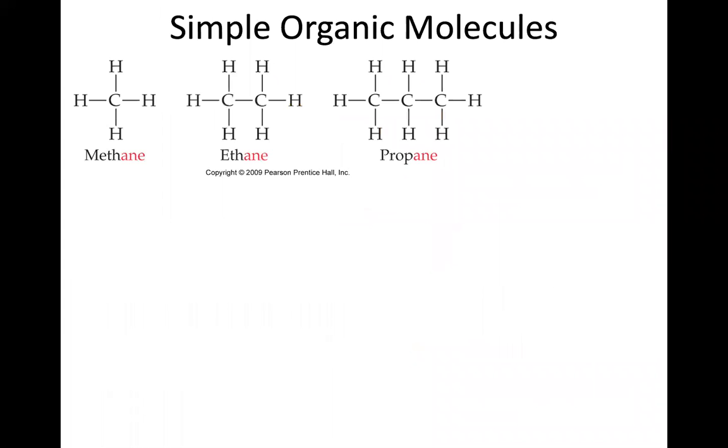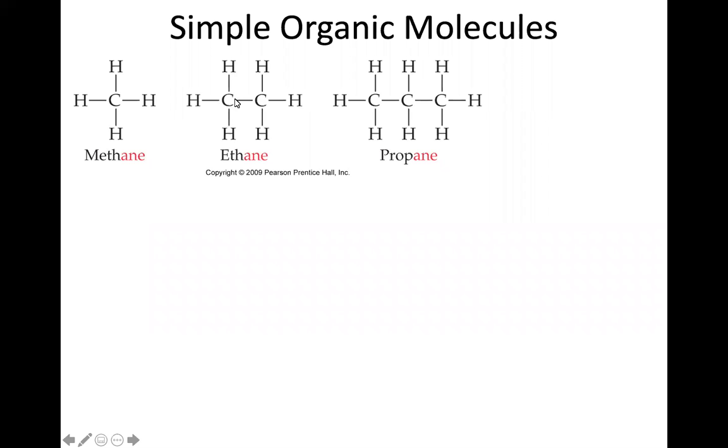The last classification, and we're going to look just really briefly at this, are a few simple organic molecules. These are discussed right at the end of chapter 2. Let me show you the naming scheme for this. First of all, if I'm just looking at the patterns for how these are drawn, they look really similar. I see a carbon atom that has 4 different neighbors around it. That's what those lines are designating, single bonds.